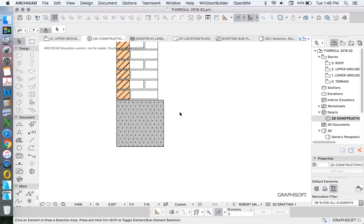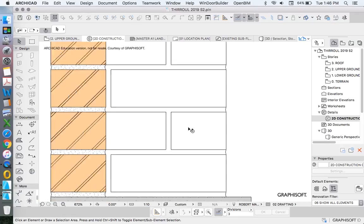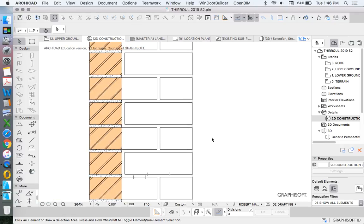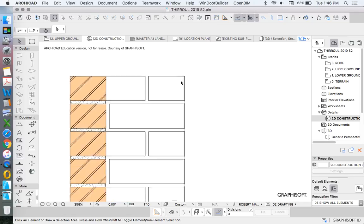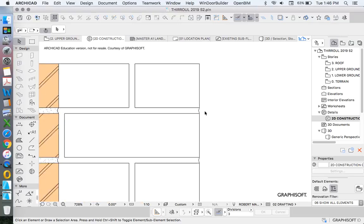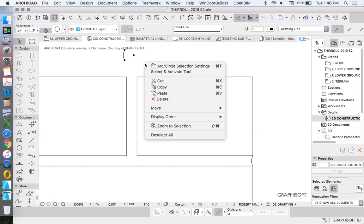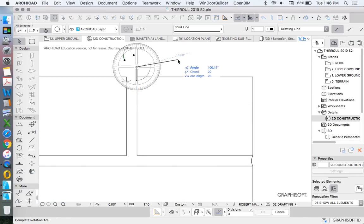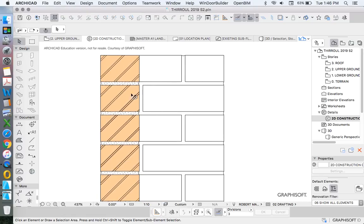One thing I just did then was to change the representation of how I showed that mortar joint for the bricks in elevation. Because I want that mortar joint to look like it's fluid, to look like it's all continuous, what I did is instead of using a fill for the mortar joint, because it's only now in elevation, I just used an arc. So I just used an arc to show the close, and then of course I could do the same thing at the top if I needed to. Move, rotate. So that now looks like it's closed where it should be, and it looks like it's fluid all the rest